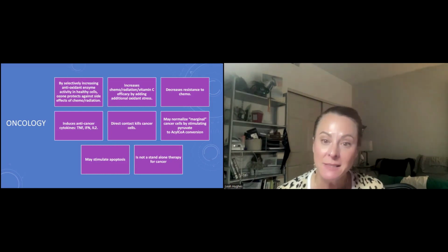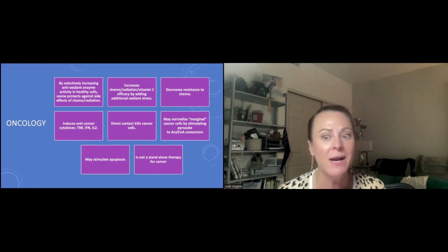It stimulates the death of the cancer cells, but also we want you to go get treated. We want you to see oncology. Many of them will work with us in functional medicine, and we do want you to get the chemo, get the radiation, get the things that they're recommending, and we want to support you through that. So I do want to reiterate that we really do not feel that ozone is what you should use by itself for your cancer,